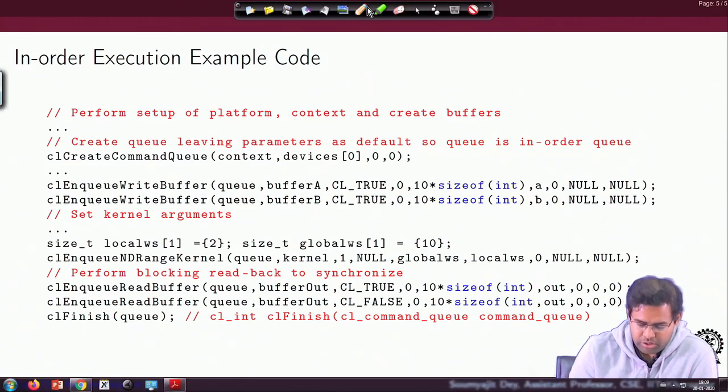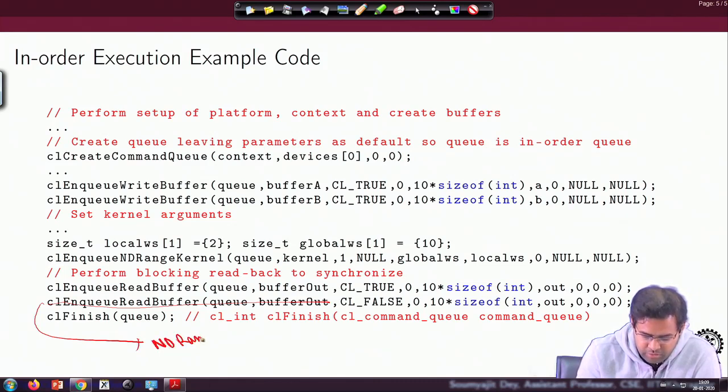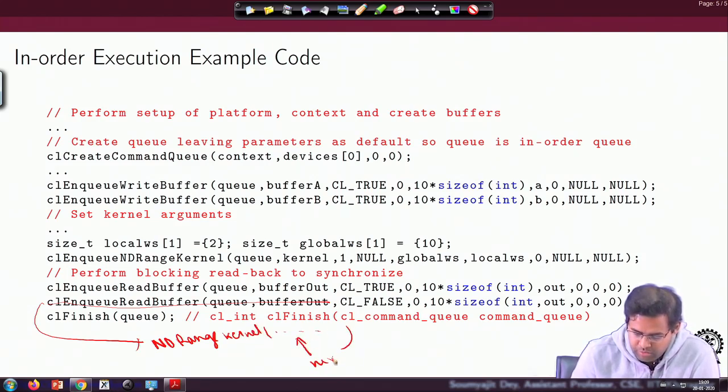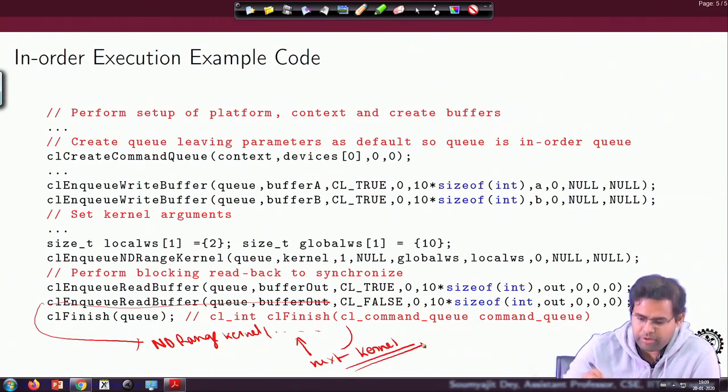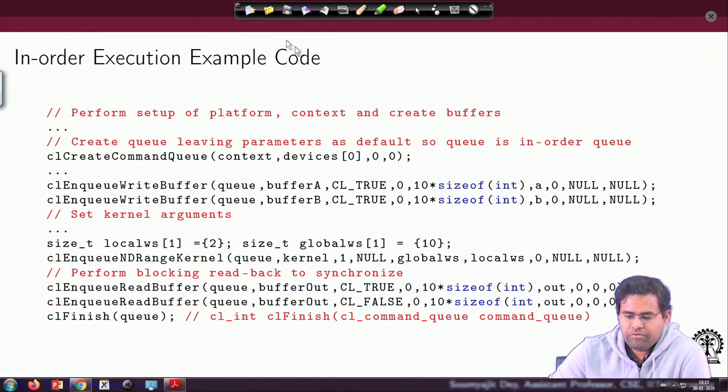So, in this code, as you can see, we will have this blocking read, and then the blocking read would be followed by another ND range kernel command for the next kernel, right. So, this is about the in order execution, and then just to summarize,